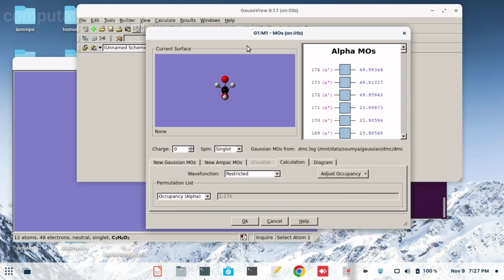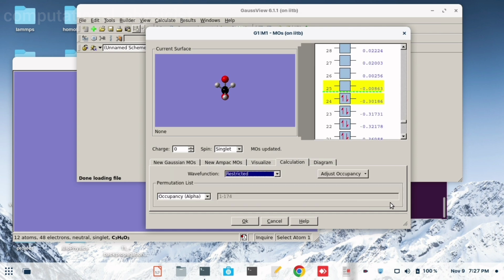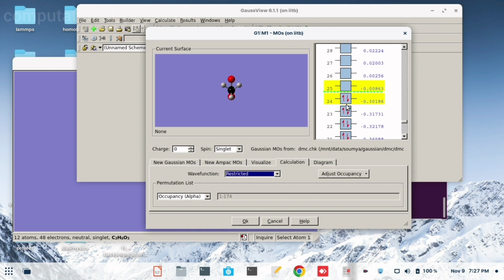After this you have to come here, New Gaussian MOs, then load. Then you can see that in this particular structure, this is the highest occupied molecular level. So this is filled up to here, and this is the lowest unoccupied molecular level, and this is the energy value for HOMO and this is for LUMO.